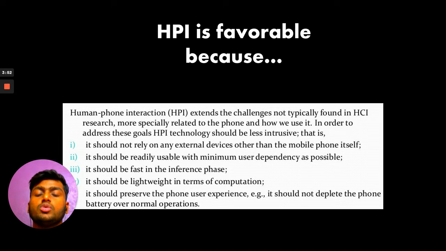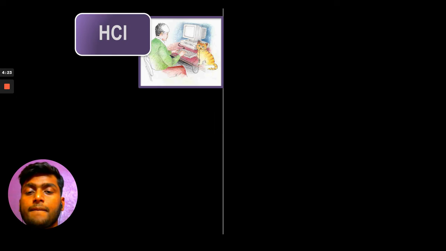In order to achieve these goals, a human phone interaction technology should be less intrusive. That is, it should not rely on any external device other than the mobile phone itself. That is, it should be self-sustainable, self-efficient. It should be readily used with as minimum user dependency as possible. It should be fast enough in inference. It should be lightweight in terms of computation, and it should preserve the phone user experience. For example, it should not deplete the phone battery over normal operations.